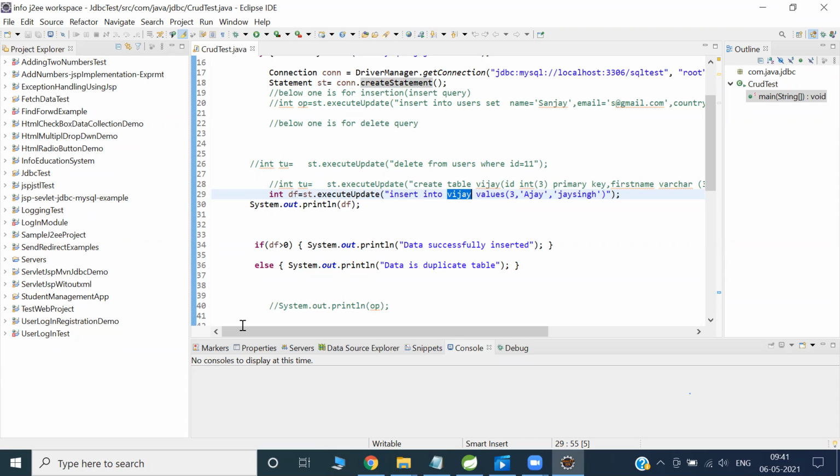This is a use case we were discussing at some point, but we have not completed. Maybe I have completed, but I want to rediscuss and complete it once again.